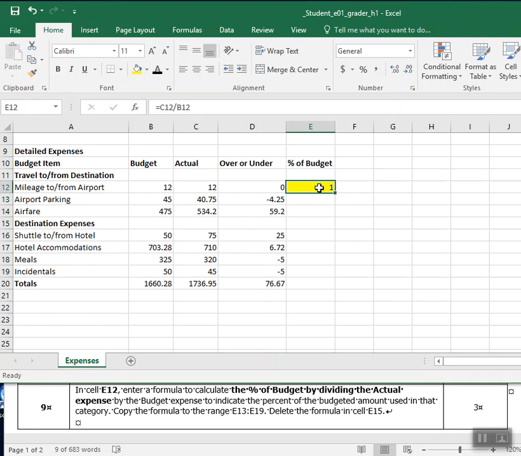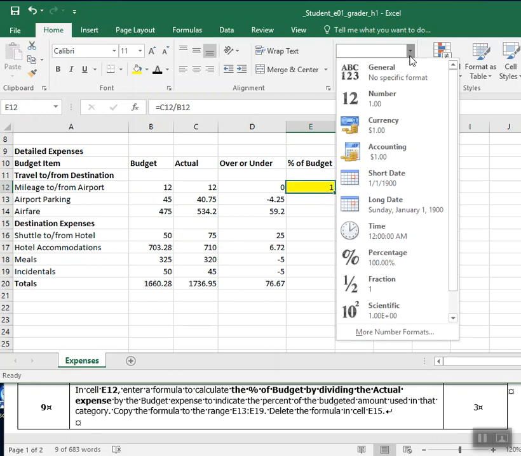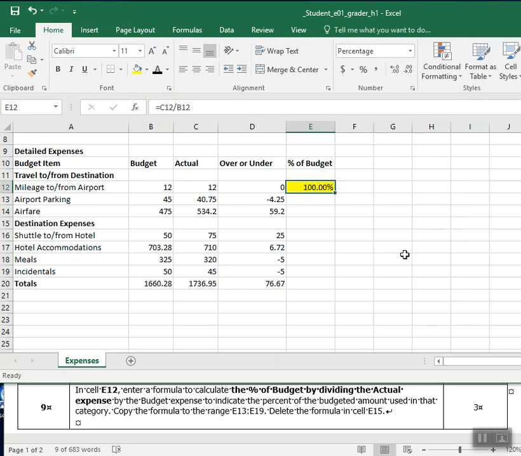Well, if you think about it, the percentage of the budget is 1 or 100%. So if you click on that cell E12 and come up here to the number panel on the Home tab, and then click percent, you'll have 100%. So we budgeted for $12, we spent $12, we spent 100% of our budget. Does that make sense? So then you want to double click that autofill or pull it down,